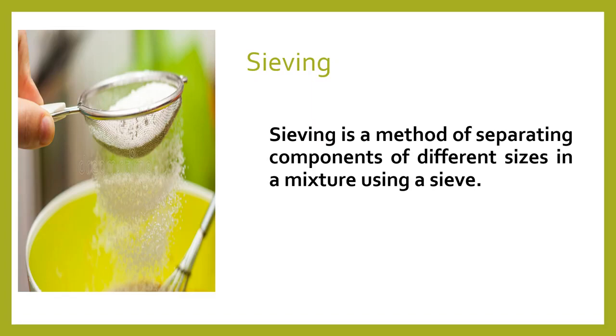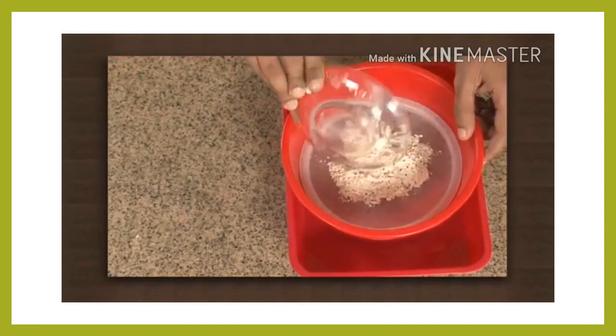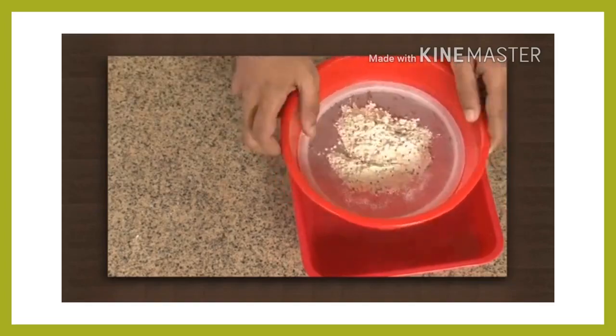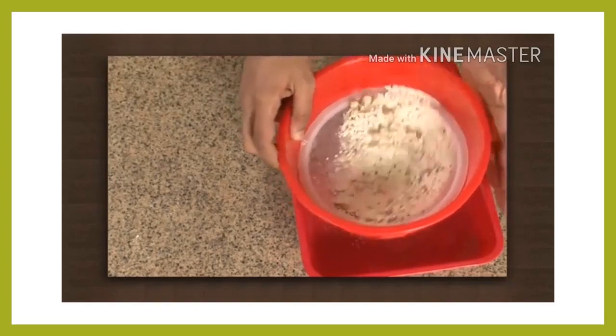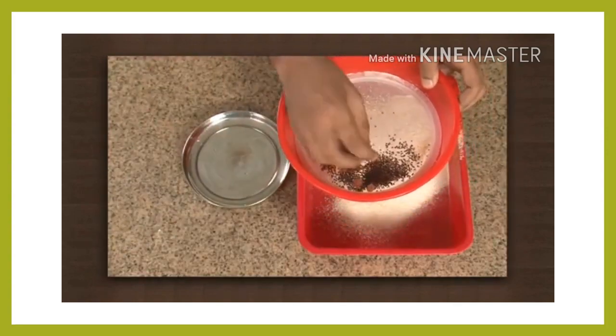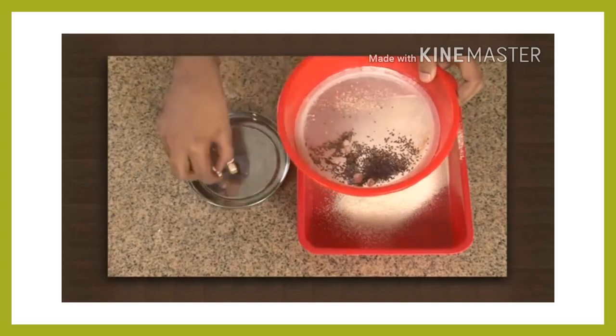A sieve is used in kitchens to separate unwanted impurities from flour. A huge sieve is used at construction sites to separate sand and gravel. Sieve plates are used for the separation of flour from the bran particles or other impurities. These sieve plates allow the fine flour particles to pass through the holes of the sieve plate, while the bigger impurities are unable to pass through it and remain on the sieve.